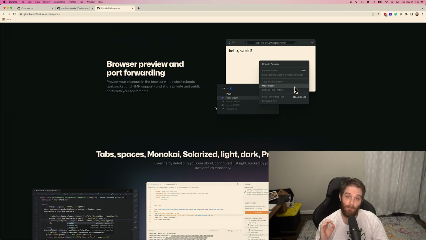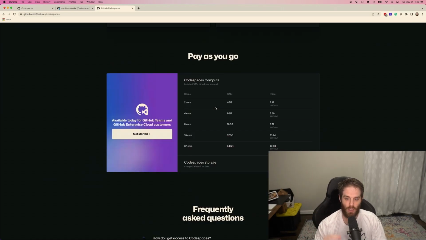So you're probably wondering about pricing. So we can talk about that real quick. Right now in the beta, it's 100% free and it has a specific kind of VM that you can choose, and you have to contact them if you want to use anything but the one that they give you, which I believe is the second lowest tier, but it's been pretty performant when I've been testing. So for pricing, it starts at 18 cents an hour and goes all the way up to $2.88 per hour for the super duper 32 cores, 64 gigs of RAM, and a lot more storage. And that's based upon each isolated VM. So for each VM, it costs that much.